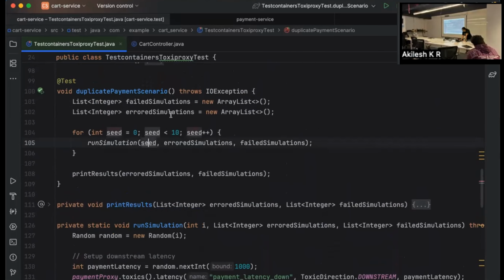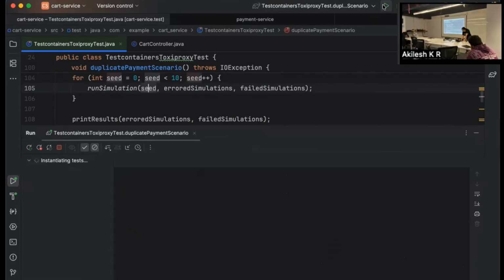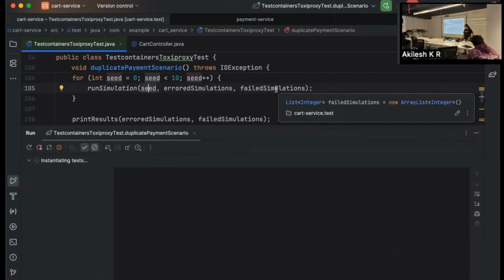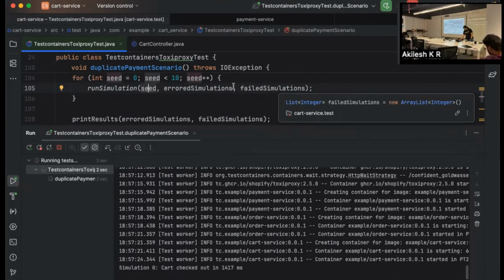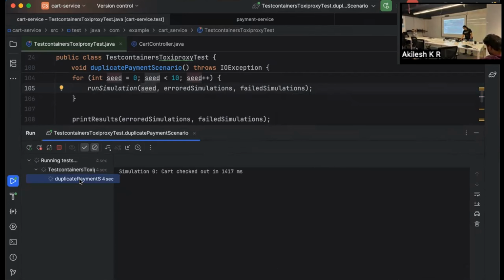So let's run this once. It has now started running the simulations multiple times.